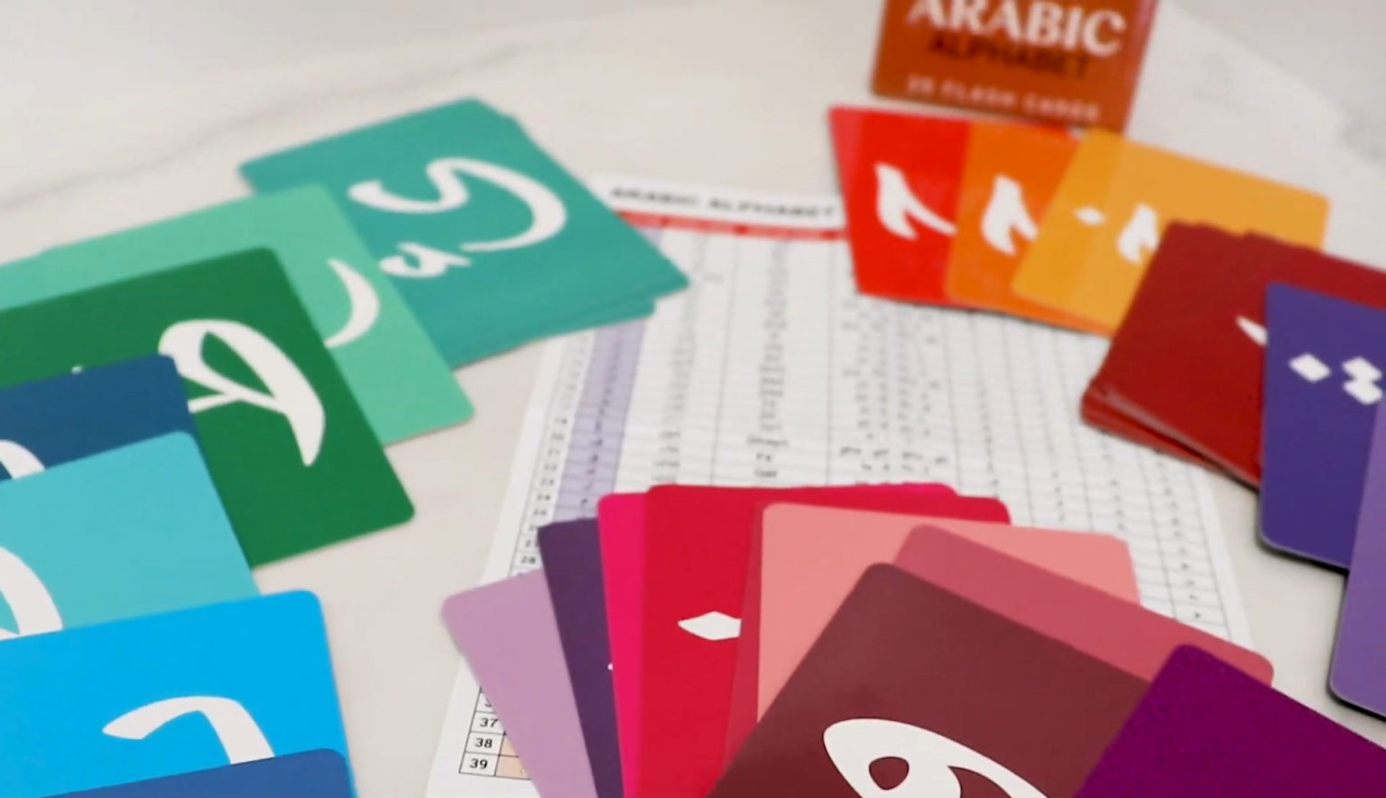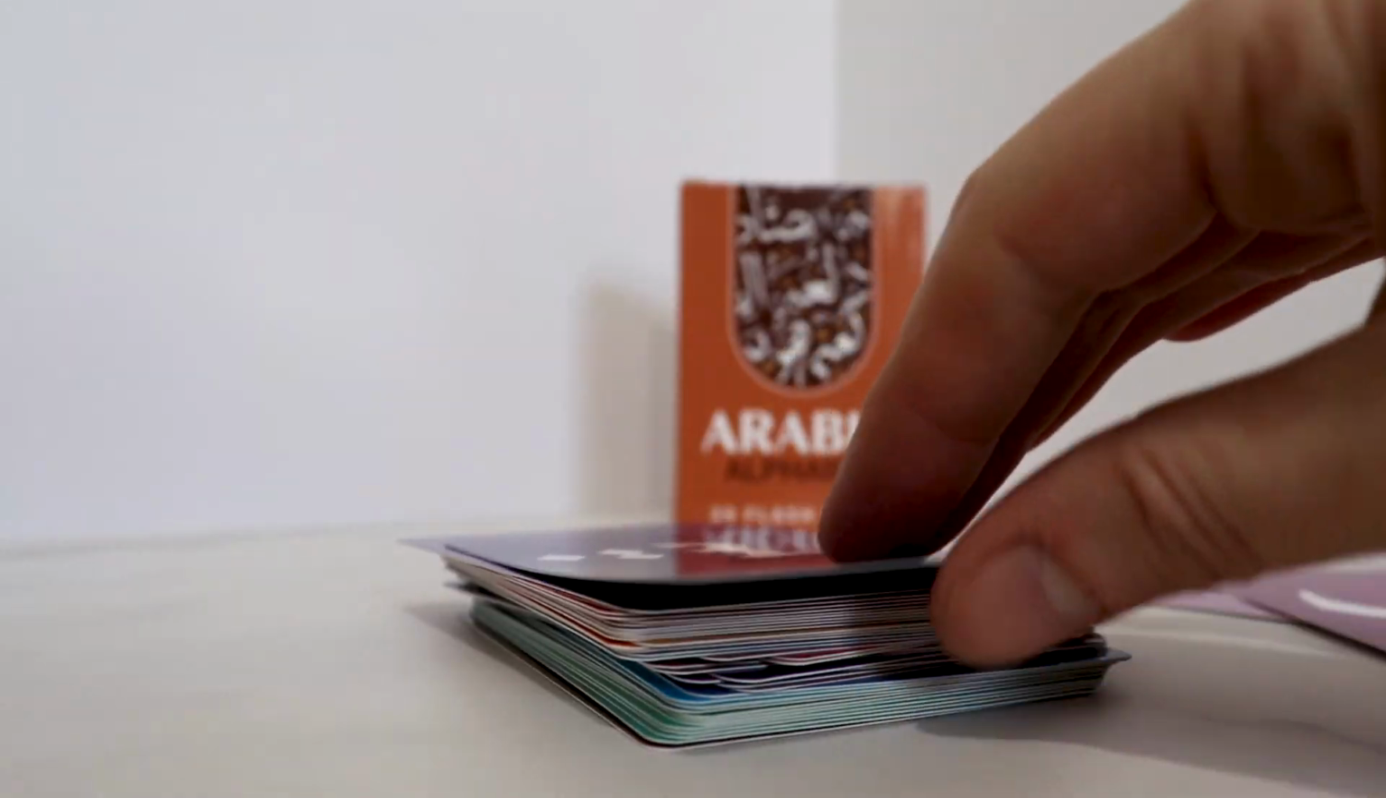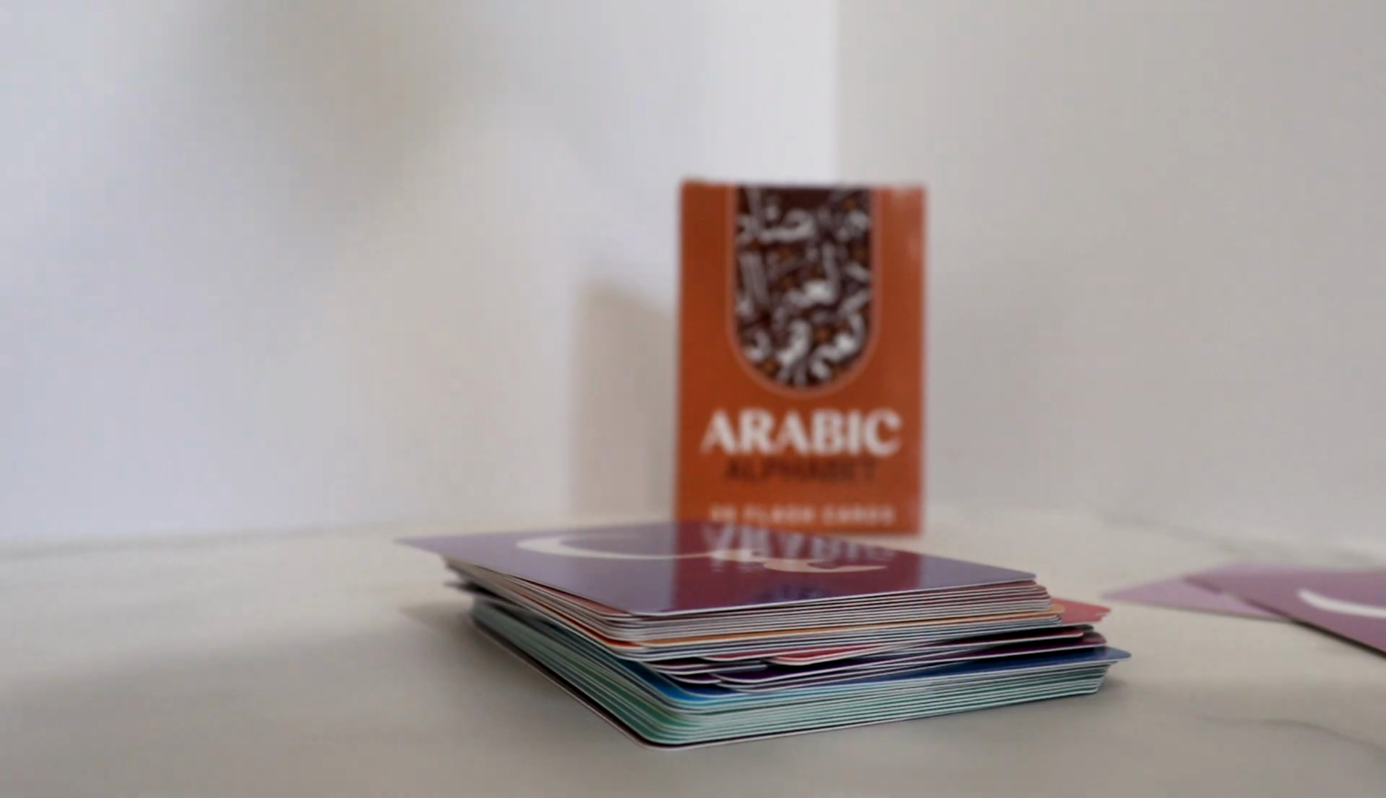Introducing Briston's Arabic Alphabet Flashcard Deck. Meticulously crafted by our team of experts to enhance learning and studying experiences. These pocket-sized cards include all 28 Arabic letters, with both English and Arabic names, transliteration, letter forms, and examples for